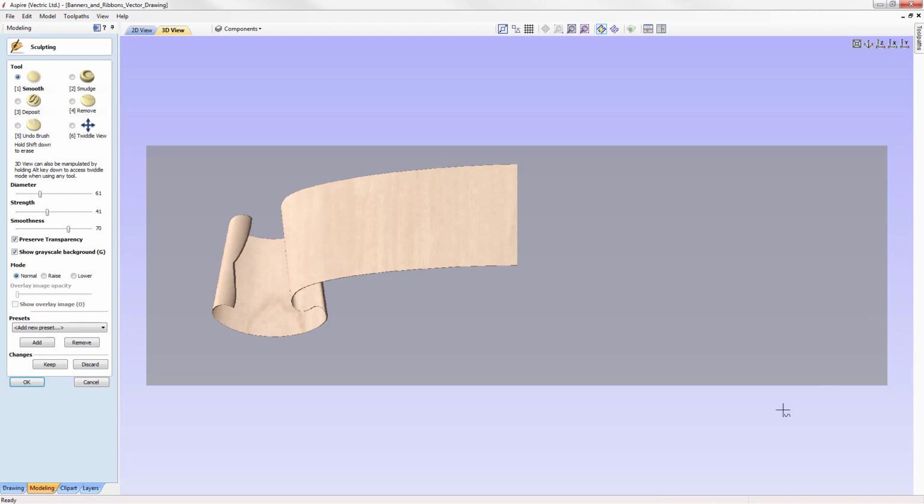Let's maximize the 3D view. So the first operation is looking at smoothing the edges of our ribbon. So we're just going to look at following the lines of each one of the folds to just soften them up. One thing we need to be mindful of is that we don't alter the state of the right hand